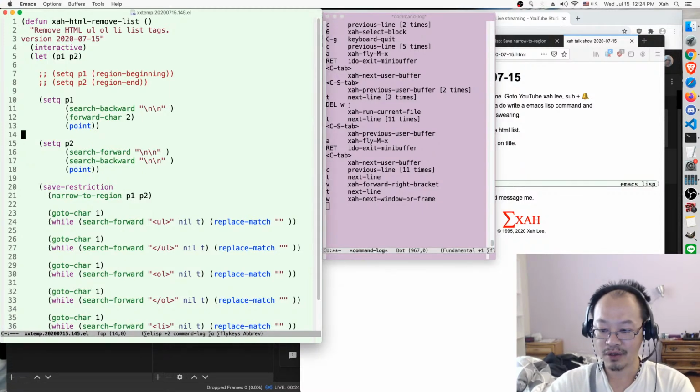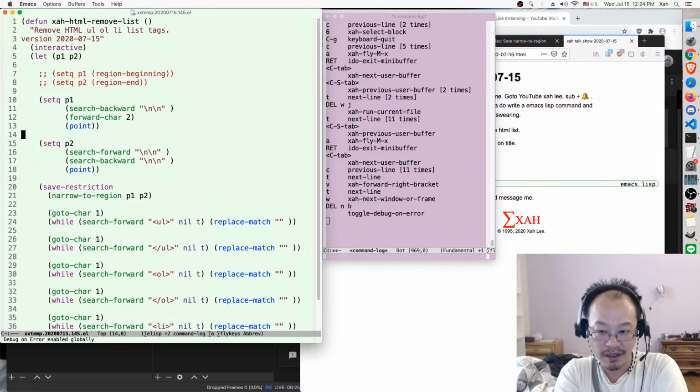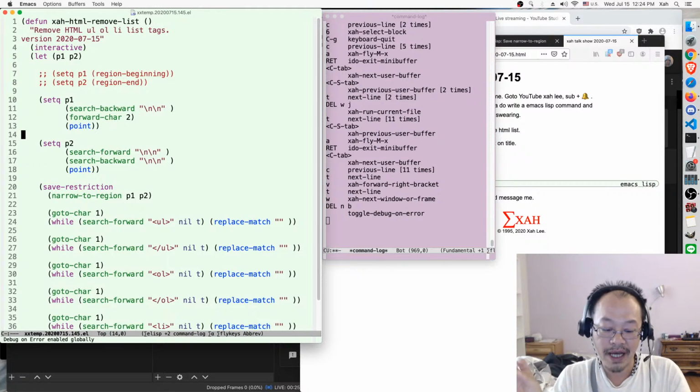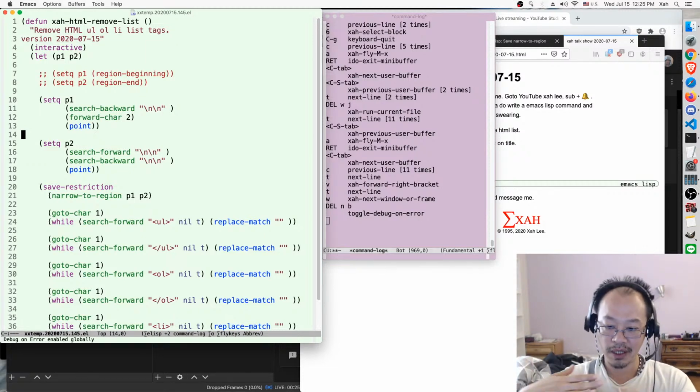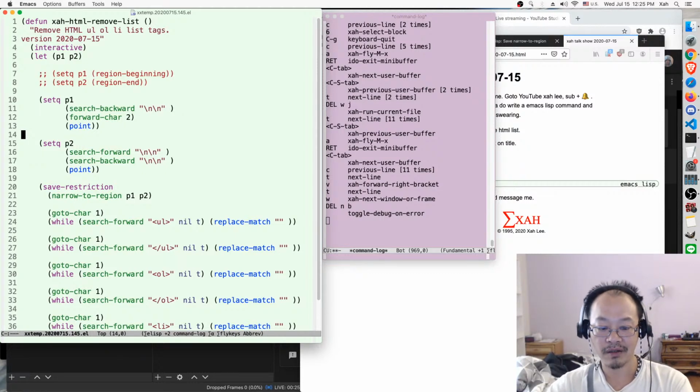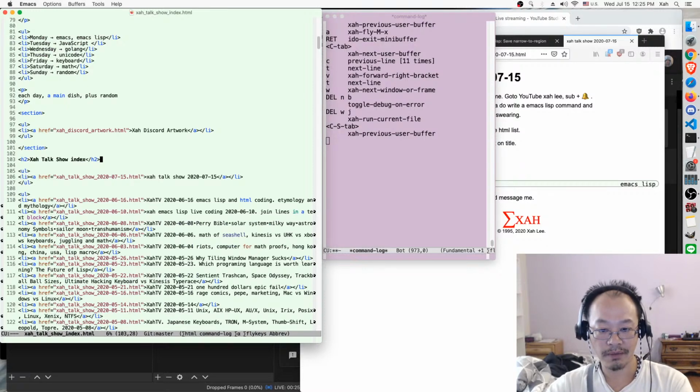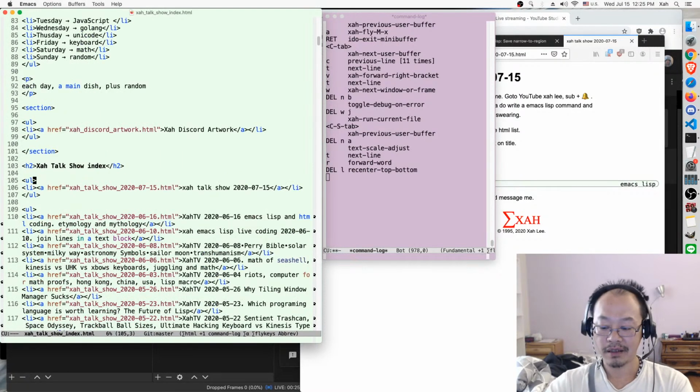The first thing you want to do is turn on Lisp errors by calling this command. I don't remember the command name, but I have muscle memory for the key. So I just press this key, and you can see on the right window it says toggle debug on error. Once you call that command, it toggles it on and off. When it's on and there's a Lisp error, it will pop up the full detail of the error. So let's try it. Eval buffer,